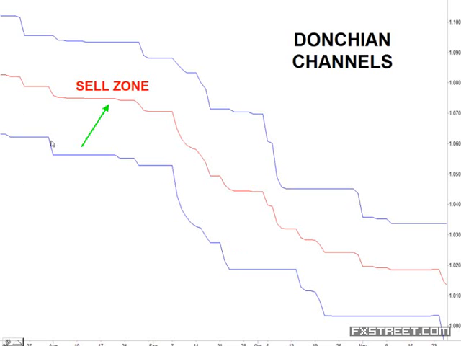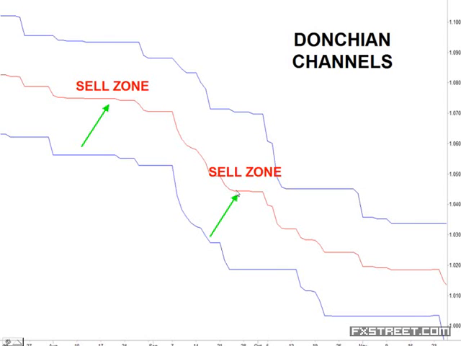Once price is selling off and then it starts to bounce back or rally and touch the midline, this is a sell zone. Okay, the same way, now we're looking for a pullback to the upside. So price would sell off, bounce back up, touch the midline. That's our sell zone. Doesn't mean we just simply sell at the market.